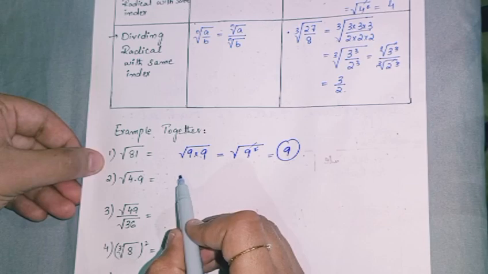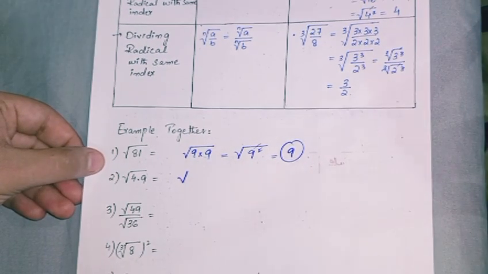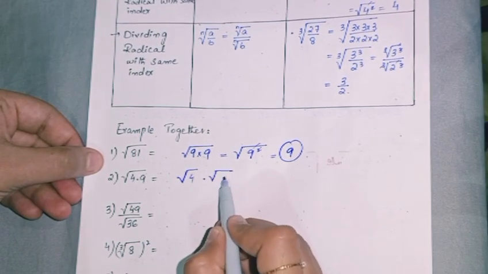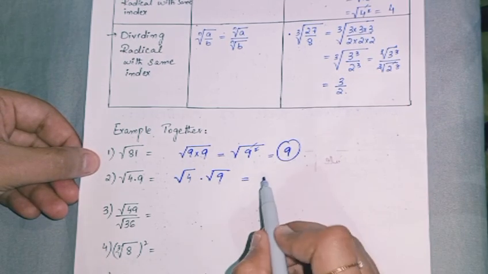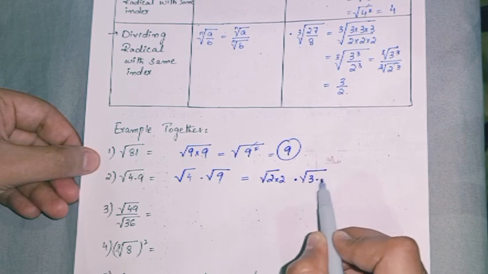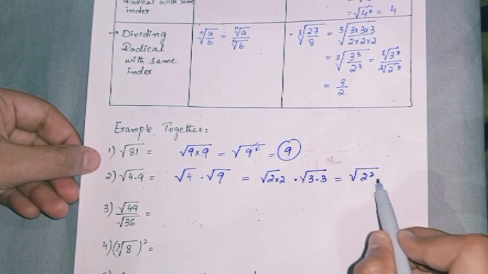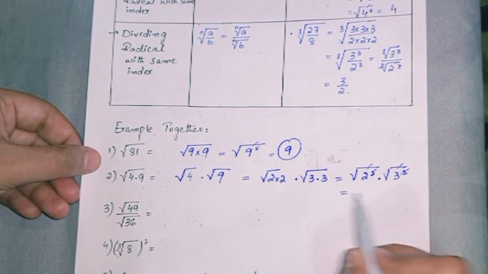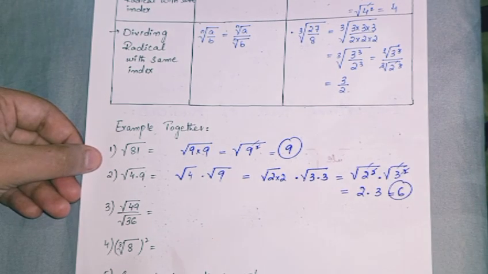Now, how can you solve it? Firstly, you have to separate both of them. So it will be like, here you will write down 4 into, here you will write down 9. Now 4, what are the factors of 4? It will be 2 into 2. And what about 9? It will be 3 into 3. When you're going to take the square of it, it will be 2 to the square and 3 to the square. Now you can cancel out with the square root, and the result will be 2 into 3, it will be 6. So this is the final answer.